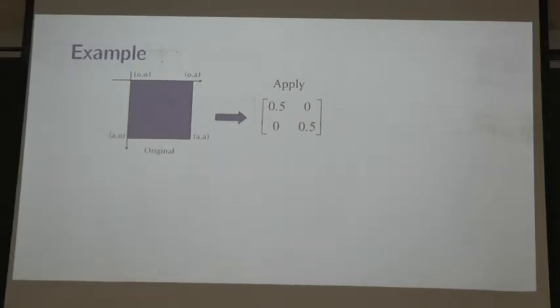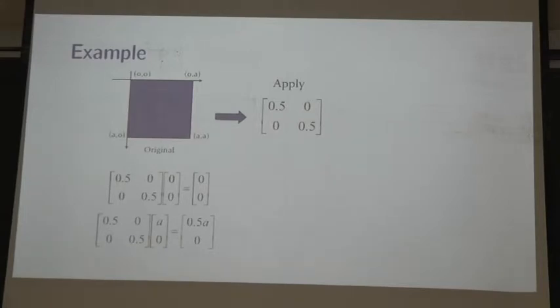So what will happen? I will take the first point, let's say I take 0, 0, and I multiply this with this matrix, and I figure out what do I get? 0, 0. So that means this point will stay here. Under this transformation, it's not going to move. Then I take the second point, let's say (a, 0), and I multiply this with this. I realize that it becomes (0.5a, 0), which means this point is going to move halfway here. Then I take the third point, let's say (a, a), and I realize that it goes to (0.5a, 0.5a), which means it moves here. And you see the pattern now, right?